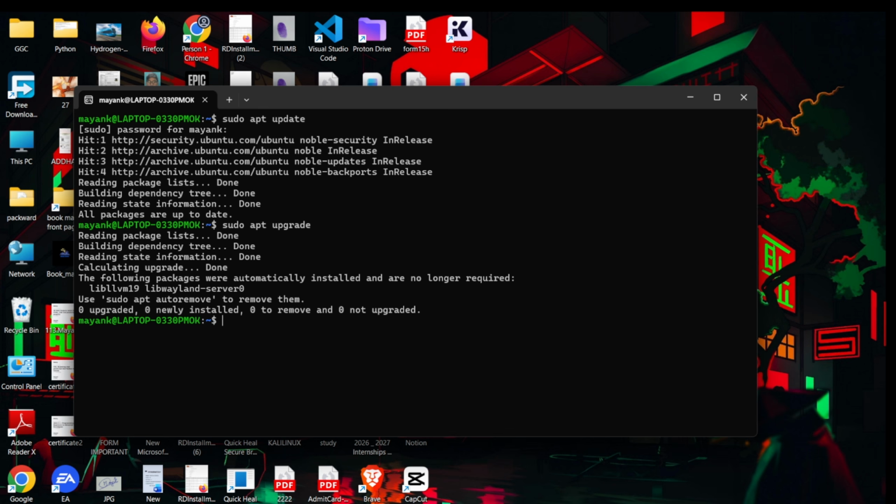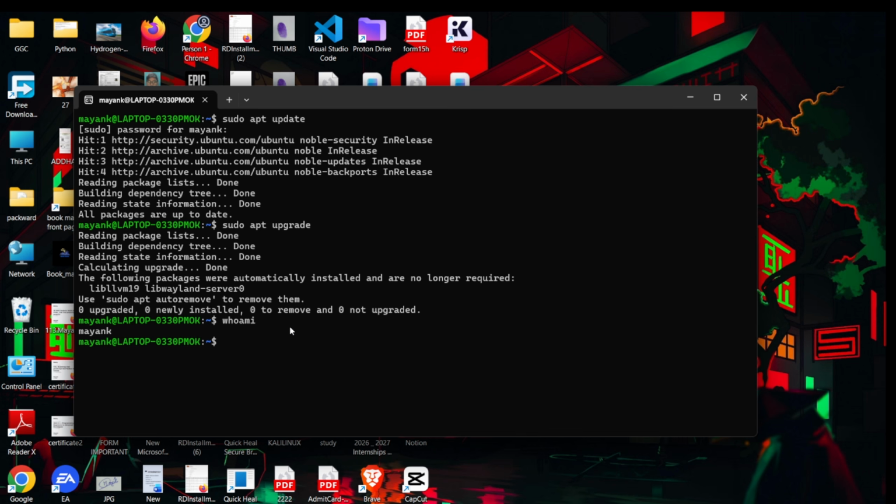Now you have to verify whether you can write Linux or not. To verify it, write whoami. It will show your username. You can see that's Mayank, and you have to verify that Ubuntu is installed perfectly or not.